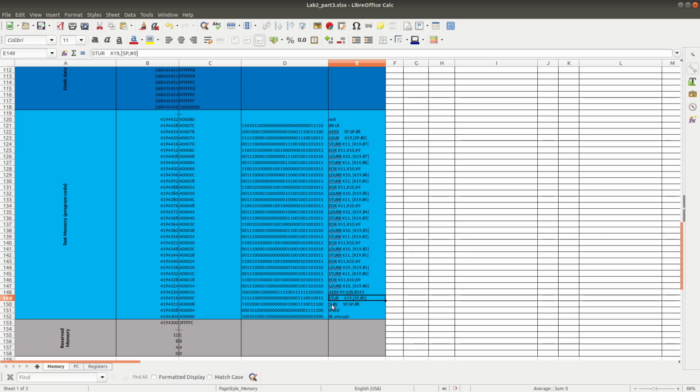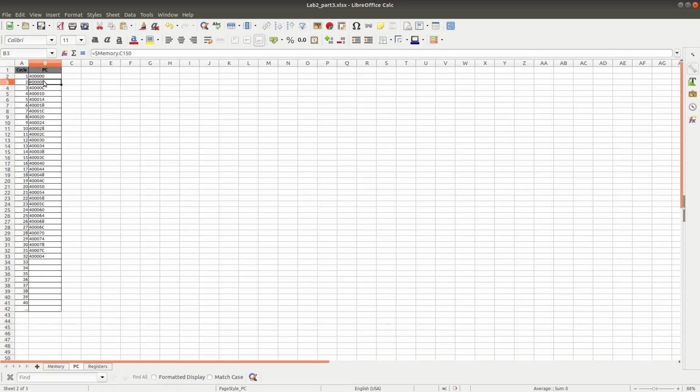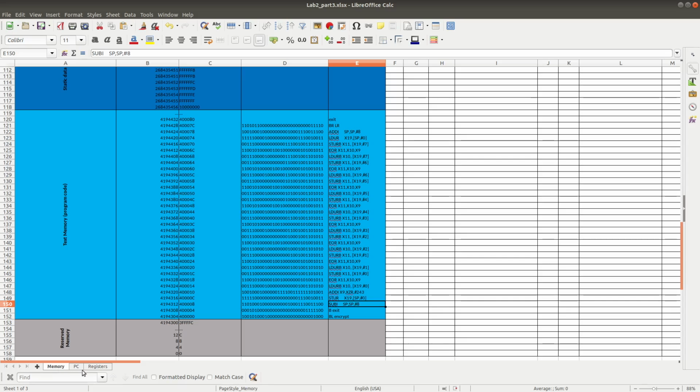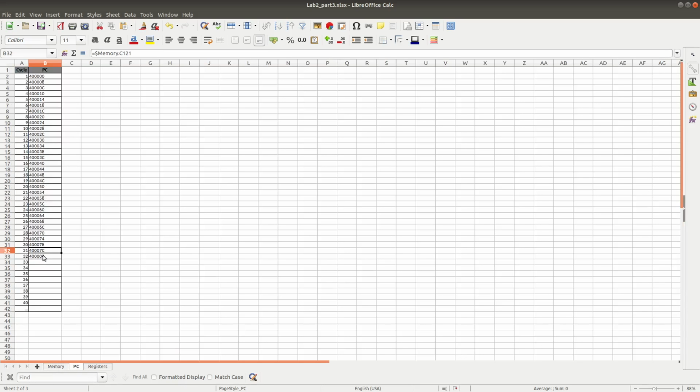PC will change to 08, and then it will gradually count up by 4, from 8C and then 10 and then up to 7C. Why we have a different value here, I will explain now.